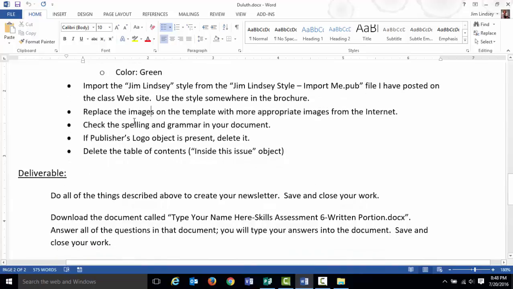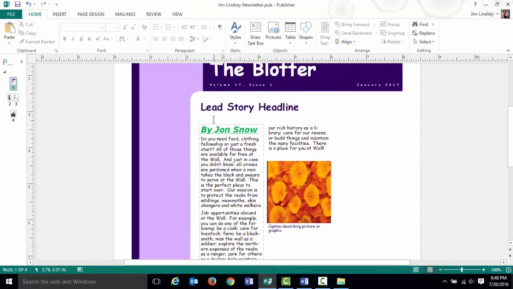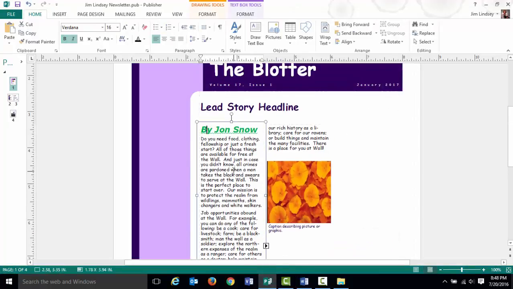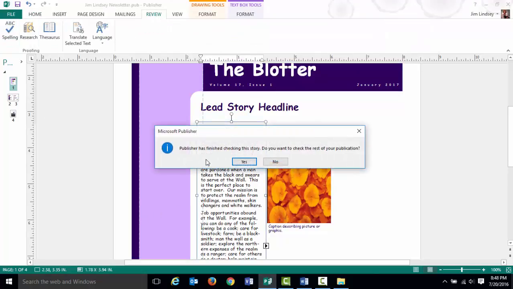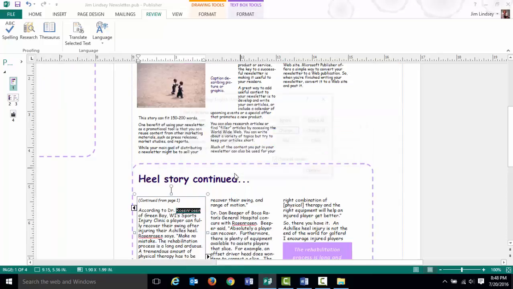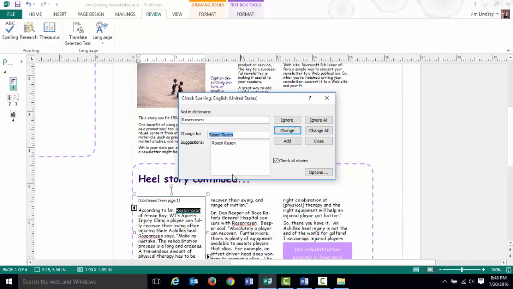I would check the spelling and grammar. How would you do that in Publisher? Well, I just basically select a text box. I would go to Review, go to Spelling, and it's going to say, do you want to check the rest of the publication? Say yes, and let it go through, and then use the grammar and spell checker to identify stuff